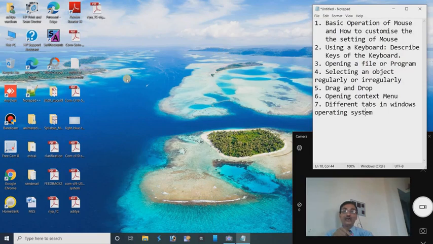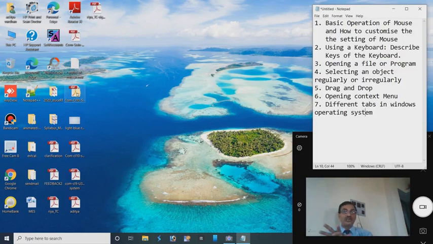Context menu, drag and drop. I have already told you about drag and drop. What is drag and drop? Hold down the left mouse button. First of all, you have to point to an object, maybe in the form of an icon.